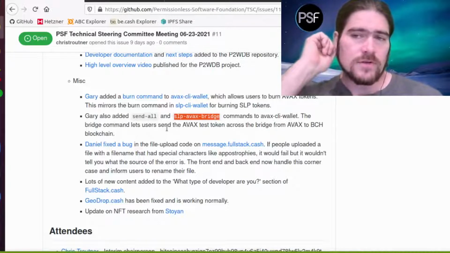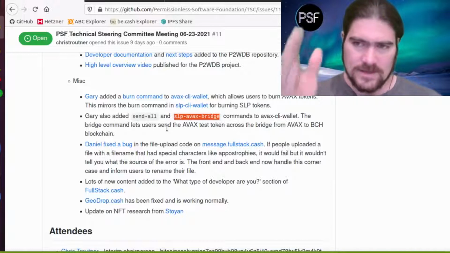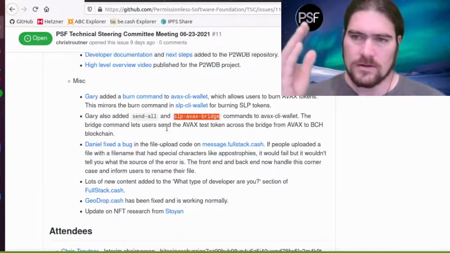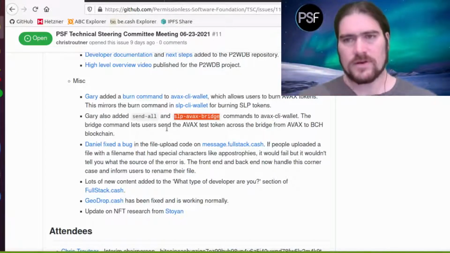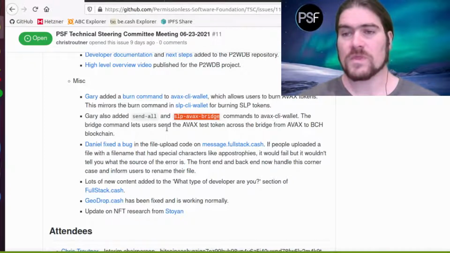The C chain is EVM compatible and has ERC20 tokens. The X chain has tokens that are similar to SLP tokens. The X chain operates very similar to Bitcoin Cash. So this bridge is primarily concerned with the X chain and the tokens on that chain.